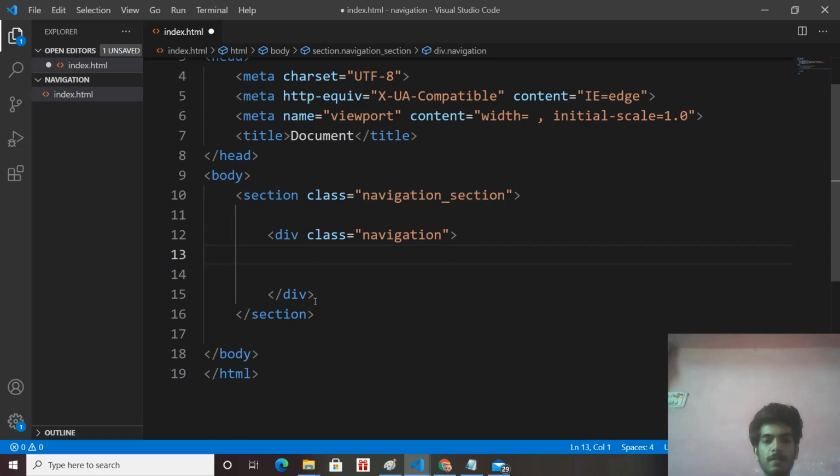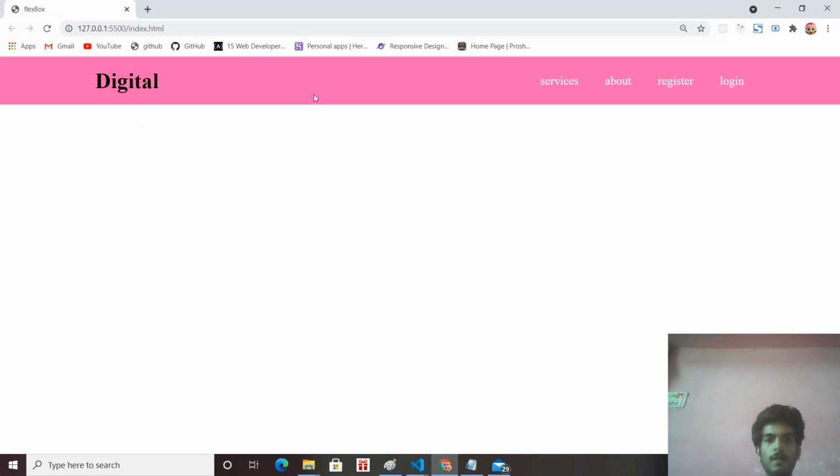In the navigation, we have two sections. One section has a brand name, and the other section has the links.